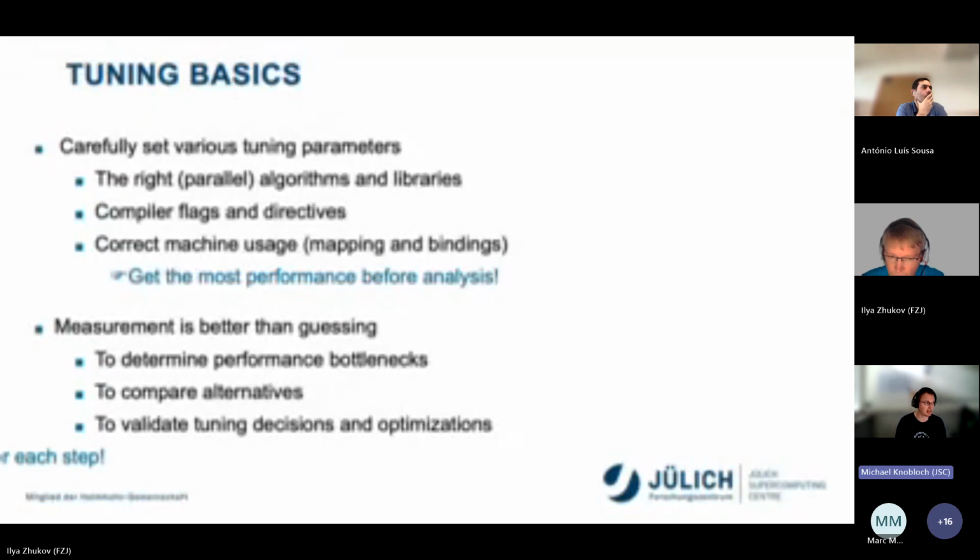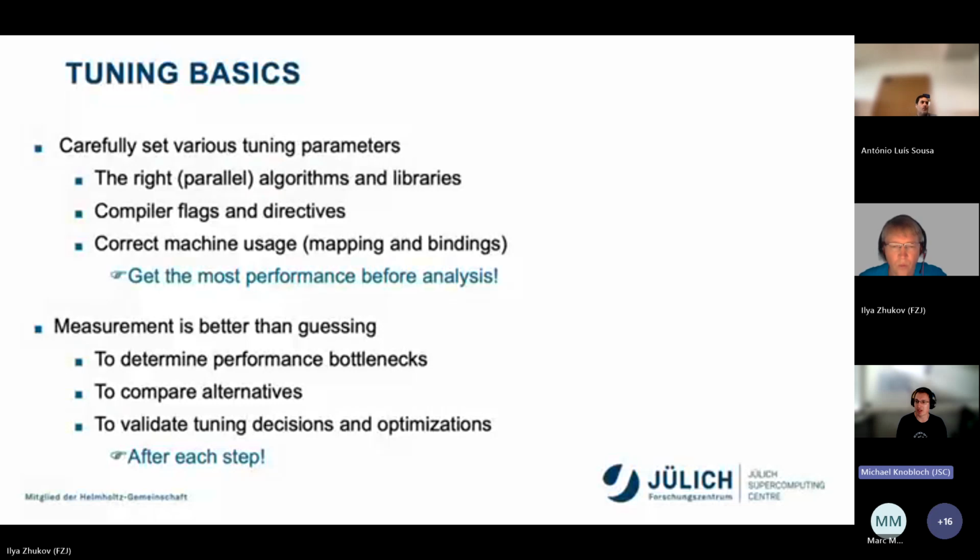So don't guess. And this is important: please do that after each step. We have a lot of codes that added OpenMP statements to their MPI codes, a lot of them, and in the end did their measurement and found out, oh, well, my code performs worse than before. So why is that? OpenMP has some overhead of its own, and then we had to look at hundreds of OpenMP statements and see where the performance degradation came from. So please do these things after each step, or at least each couple of steps, right?